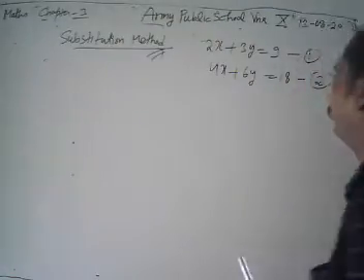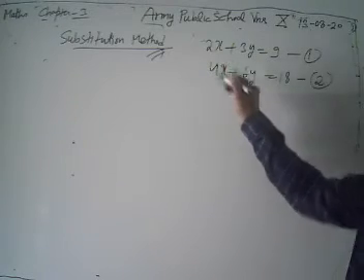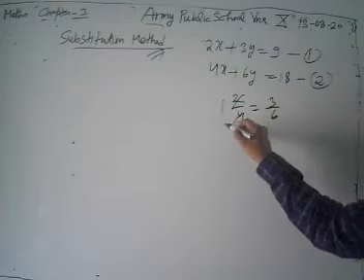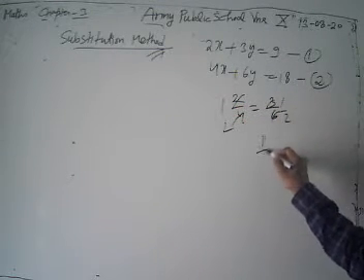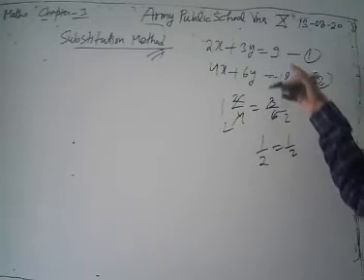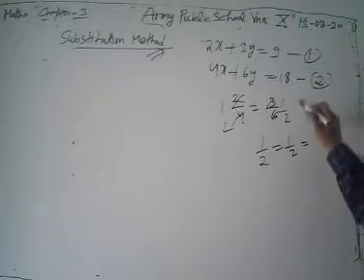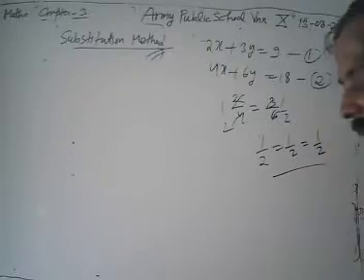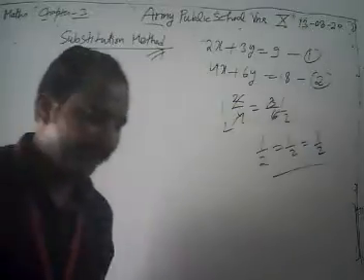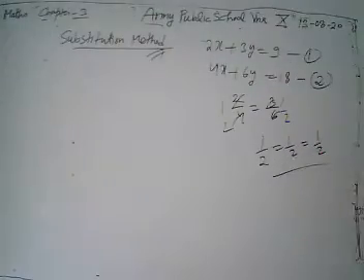First of all, we have to see that 2 upon 4 is equal to 3 upon 6. Look, it's our a1 by a2 is equal to b1 by b2. Also we take c1 by c2, which is 1 by 2. Look what we get here. It's 1 by 2, 1 by 2, 1 by 2, which means our system is consistent, but it has many solutions.